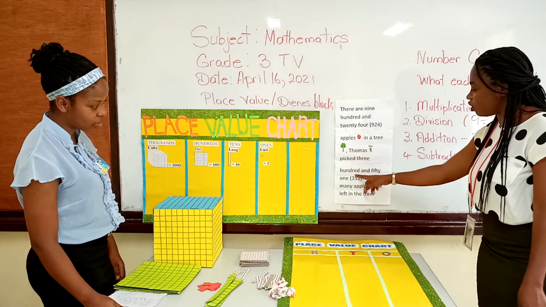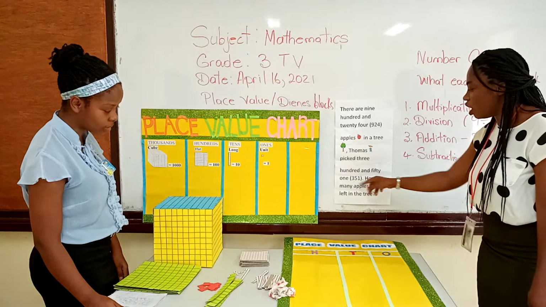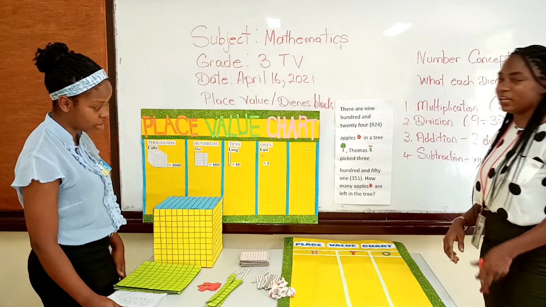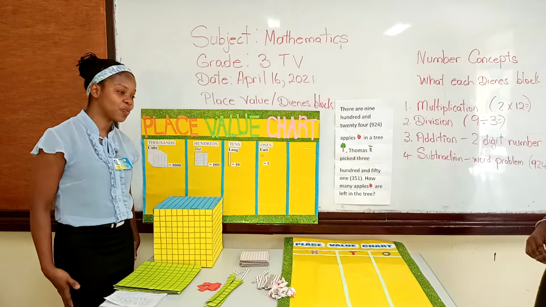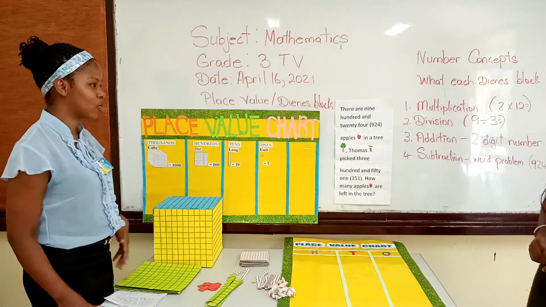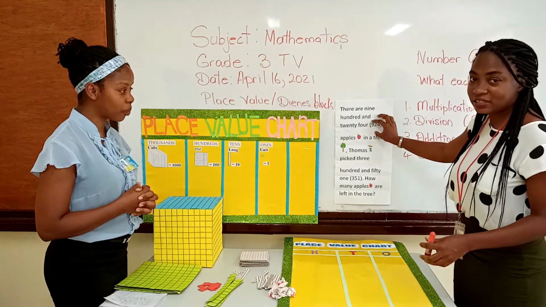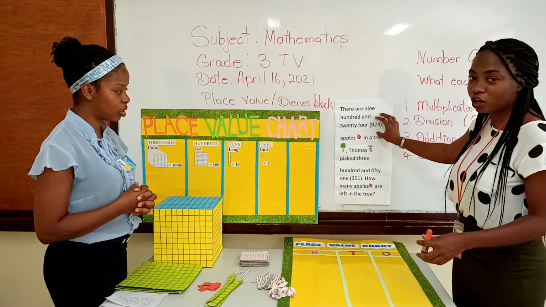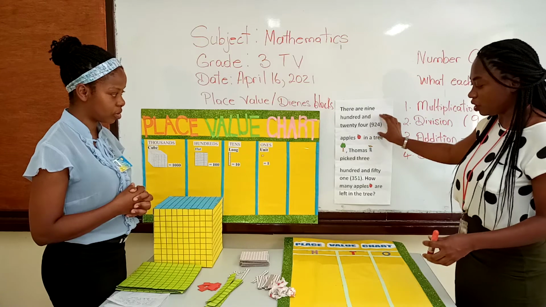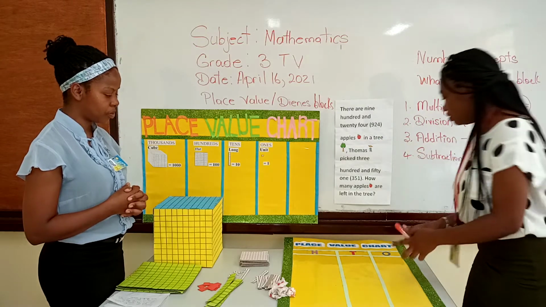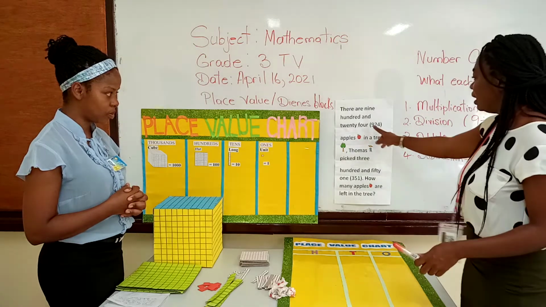Thomas picked 351. How many apples are left? So first what we're going to do, we're going to identify the biggest or largest number, or the larger, right? So we want the larger number, which is the